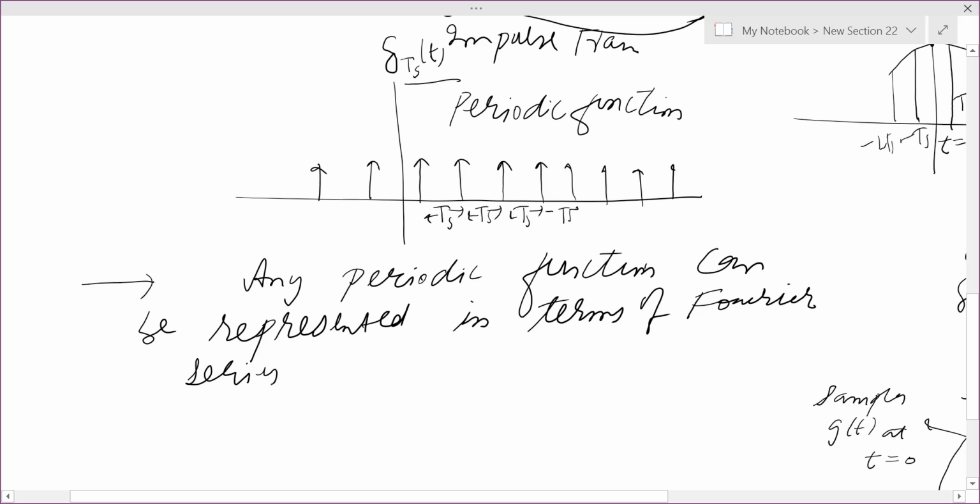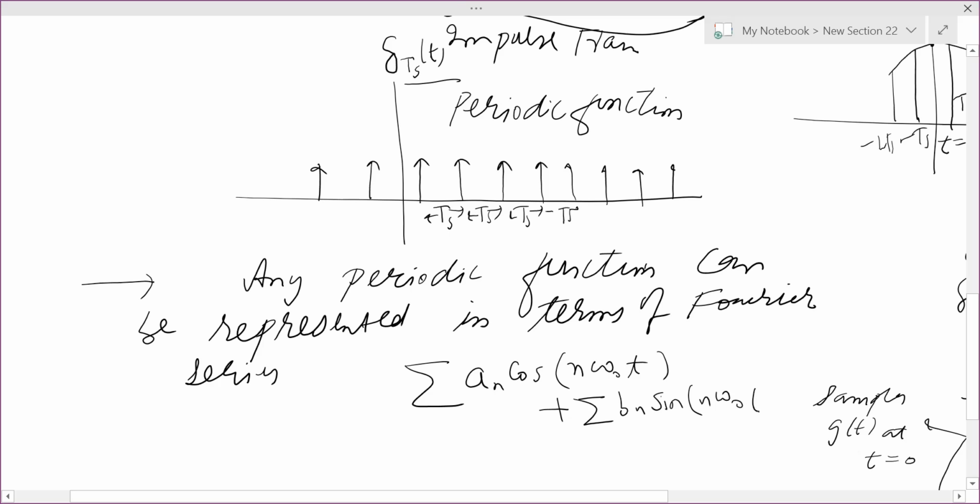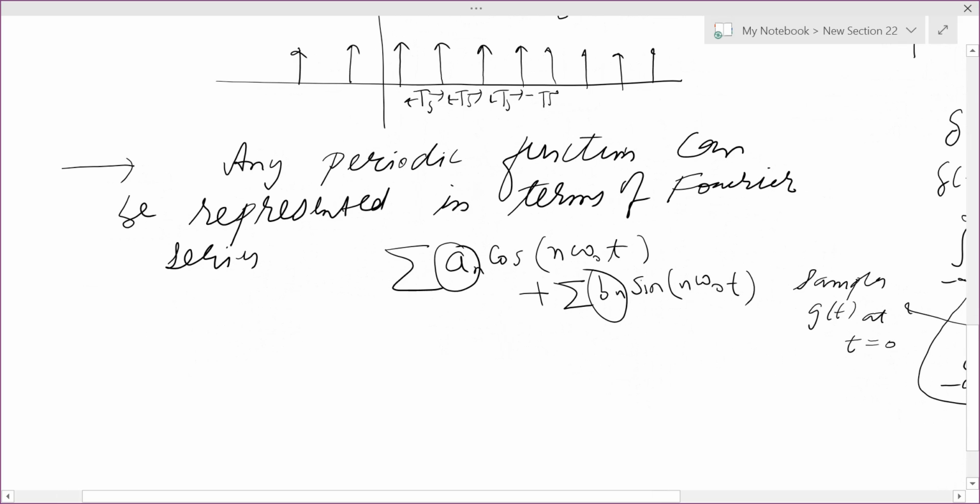Okay, something like this, of this form: summation of an cos of n omega naught t plus summation bn sine of n omega naught t. So you can find an and bn, which depend upon n, and we can then expand any periodic function in terms of cos and sine. Now see the sampled